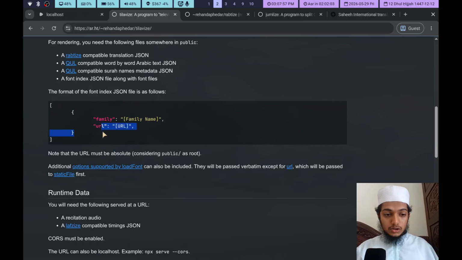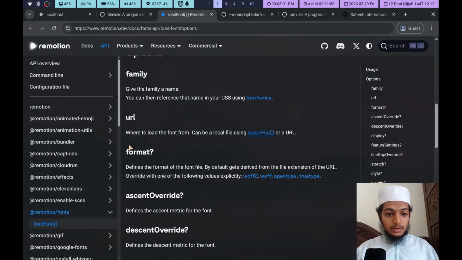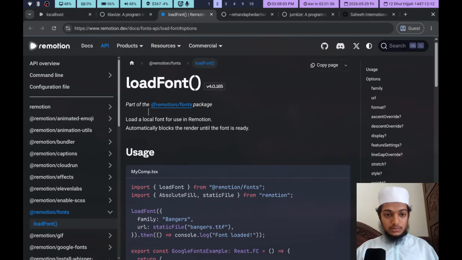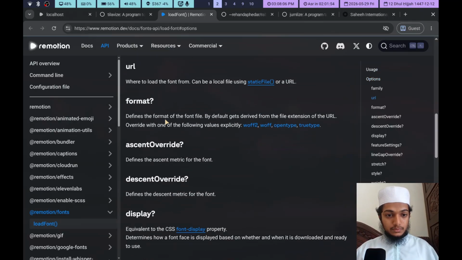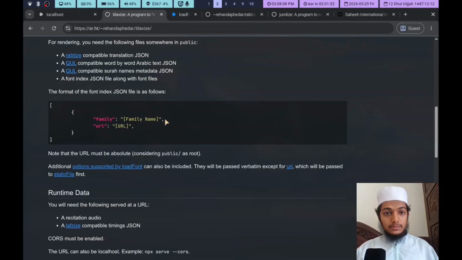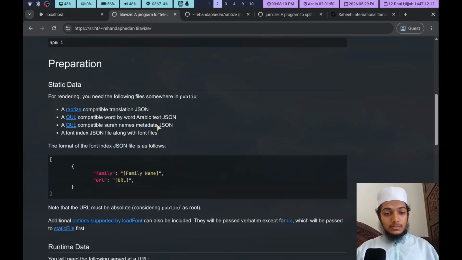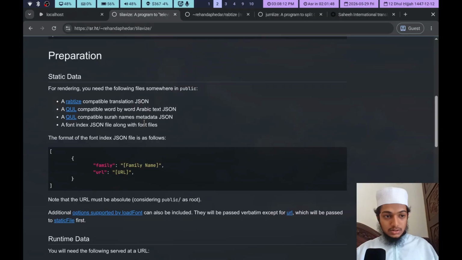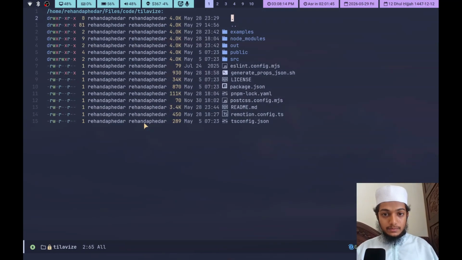In this, you can also add additional options apart from family and URL, which are supported by the loadFont function in Remotion. So you can add all of these. Let's just look at this for a moment.